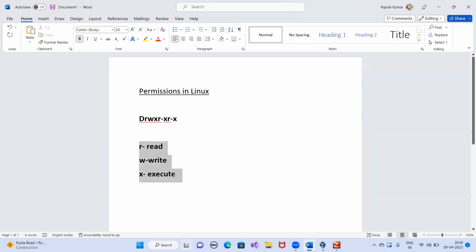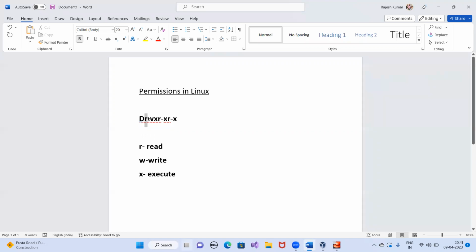In Linux, we have three permissions: read, write, and execute. In Windows also, we have three permissions: read, write, and execute. So it is the same in Linux. This is the code. R is for read, W is for write, X is for execute. Now here you can see D is the directory, meaning this permission belongs to a particular folder.